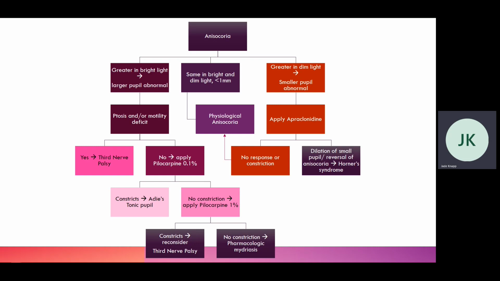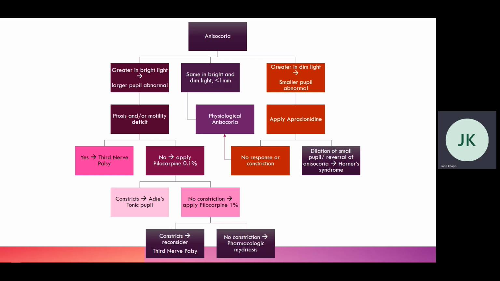Parasympathetic is supplied by the third nerve. So the first thing you want to ask yourself is, is this a third nerve palsy, right? Oculomotor nerve. Third nerve palsies cause problems with ocular motility, right? The eye doesn't move properly. And the classic sign is the eyes turn down and out, and you get a ptosis, right? So if you've got a big pupil, ptosis, the eye's not moving properly, turned down and out, very suspicious for a third nerve palsy. If you don't have those things, then you're thinking about another condition called Adie's tonic pupil,